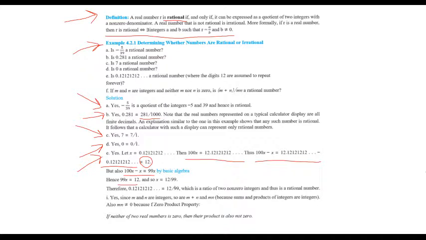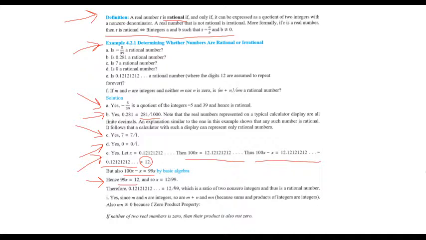So by dividing both sides of this equation by 99, we conclude that x is 12 over 99. So x is a ratio of two non-zero integers, and as a result, it's a rational number. The last part of this example is